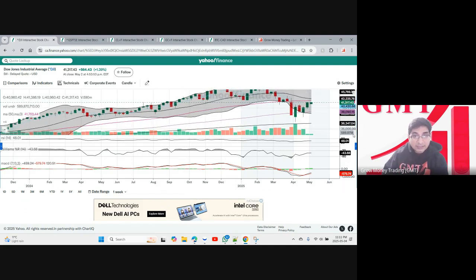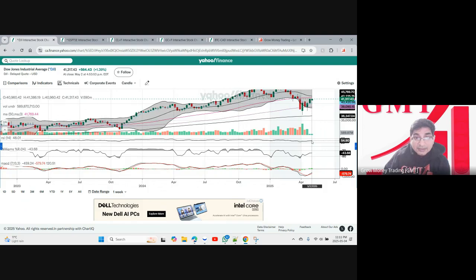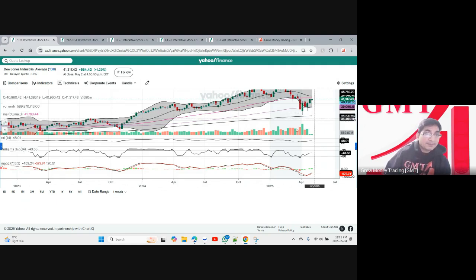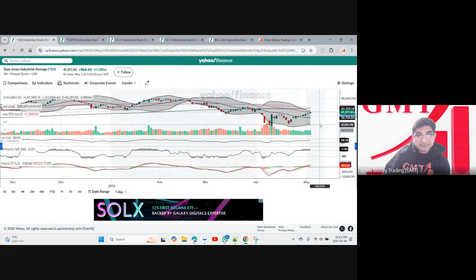So overall, even on DJI the MACD and RSI have almost flattened, but since it has not been in the overbought region yet, you can expect further movement upside. If we look at DJI on the daily chart,